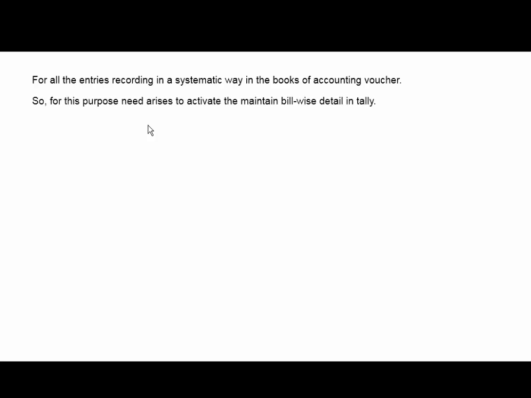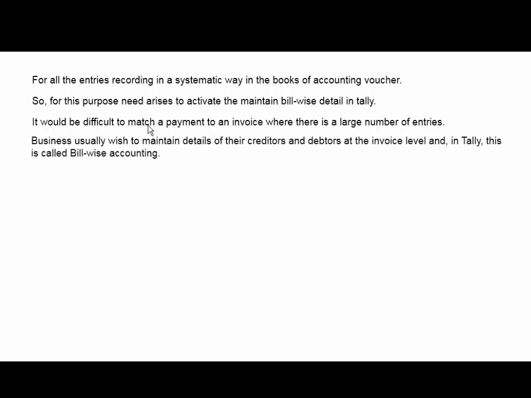We issue a loan to any staff. At that time we use non-trading account. So for this purpose, the need arises to activate maintain bill-wise details entirely. It will be difficult to match a payment to an invoice where there is a large number of entries. Businesses usually wish to maintain detail of their creditors and debtors at the invoice level, and this is called bill-wise